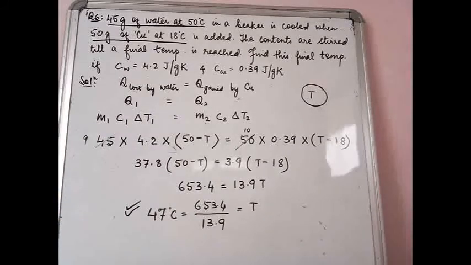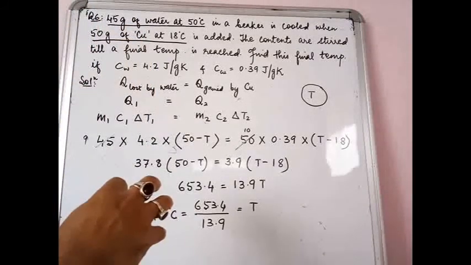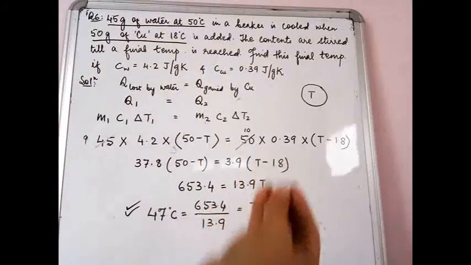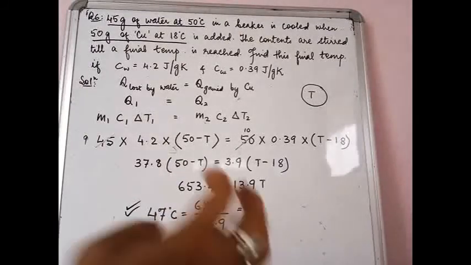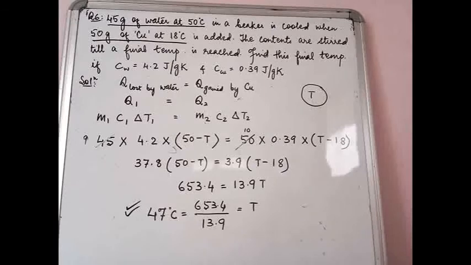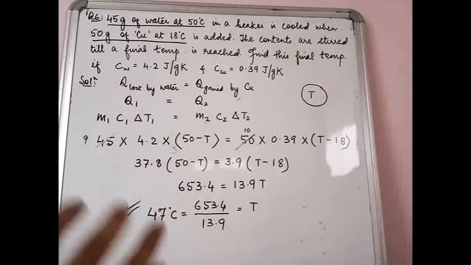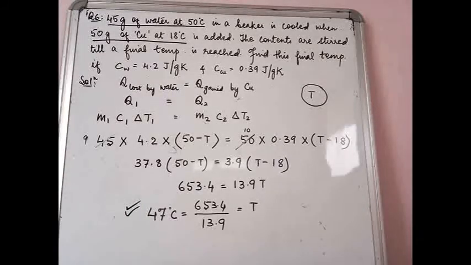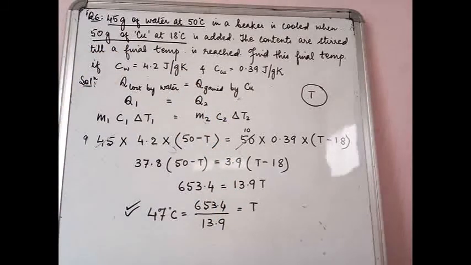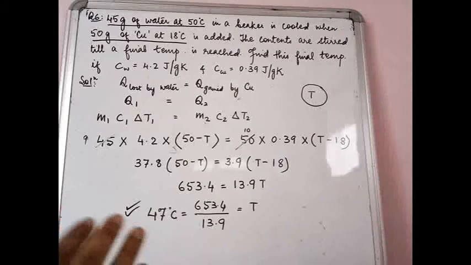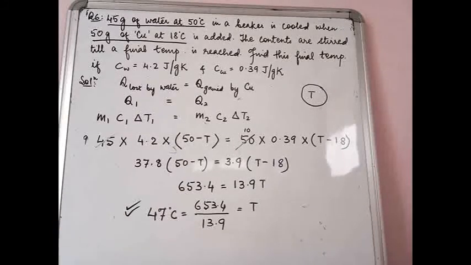Till now what you have discussed is there was one body which was at a higher temperature, one body which was at a lower temperature. When they came in contact, hot body lost heat, cold body gained heat. But the state of the bodies did not change. Water remained water, copper remained copper. Nothing melted, nothing froze. Okay. So here the only heat involved is in order to either raise the temperature of something or to lower the temperature of something. Okay. The heat provided here till now has not had any change in the state of any substance. Okay. Nothing has melted, nothing has frozen, nothing has boiled.